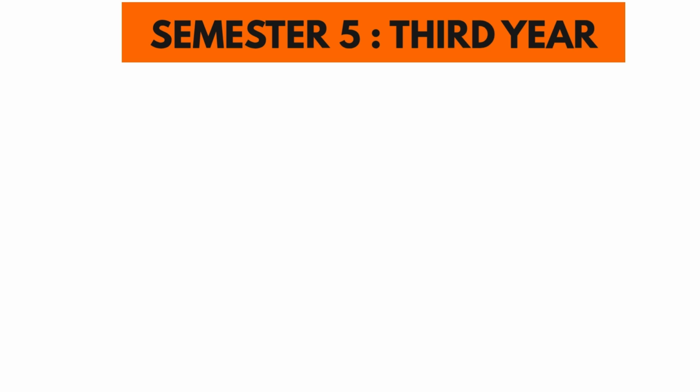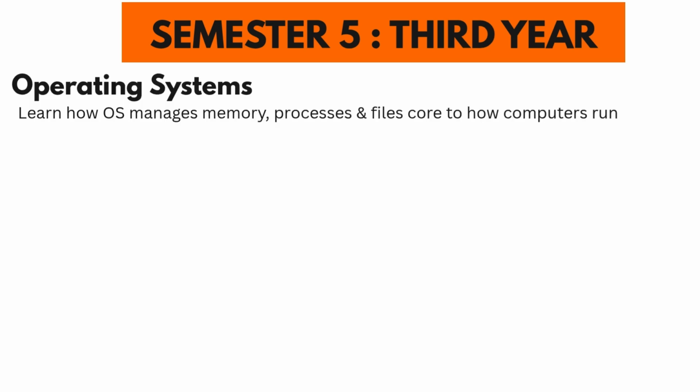At this point in your software engineering journey, things start getting a lot more real. This is where you shift from learning concepts to thinking like a professional developer. So let me walk you through what you'll be studying. First up, operating systems. This subject is super important. You'll learn how computers actually manage programs, memory, and processes behind the scenes. I know it sounds complex at first, but once it clicks, it's really fascinating. And trust me, this shows up in interviews a lot, so don't skip the practice.